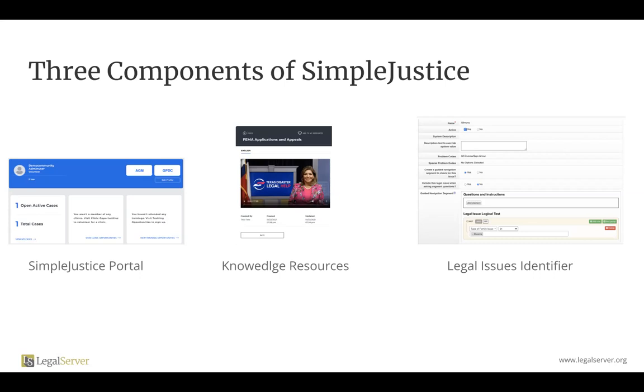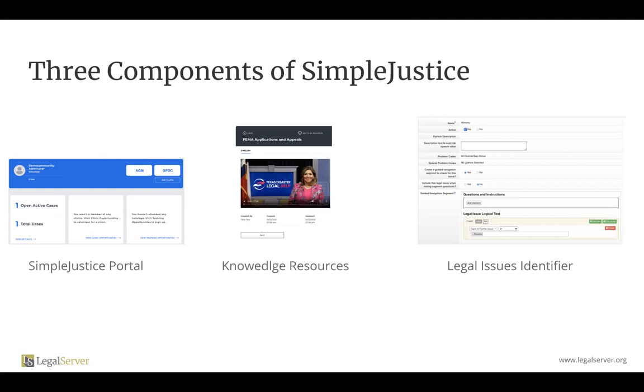There is a matching part of the SimpleJustice portal that addresses the needs of help seekers, of legal aid applicants to do some initial triage or eligibility screenings, create an account in the SimpleJustice portal, from there be able to apply for services, and if that application is accepted and opened, to be able to do some communication with the attorney, whether that be through messaging, which can be done in our message center and saved as a case note to the case,